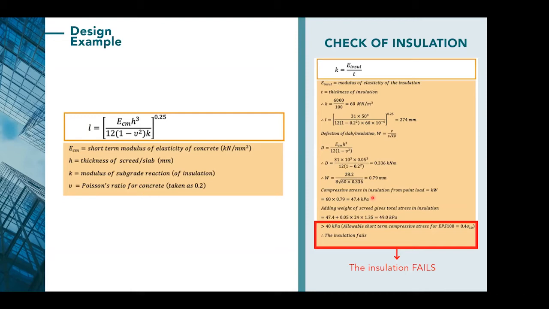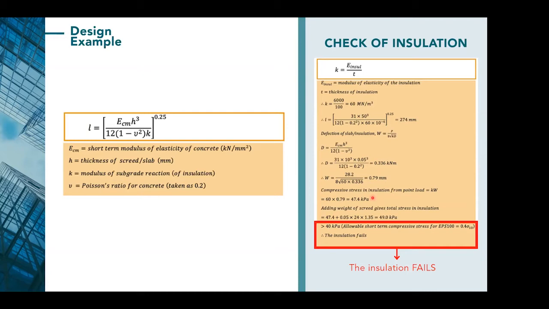But if you cast your mind back to where I showed the factors that we apply, a 0.4 factor to that would state that our short-term compressive strength, to give us 1% compression on that material, is a maximum of